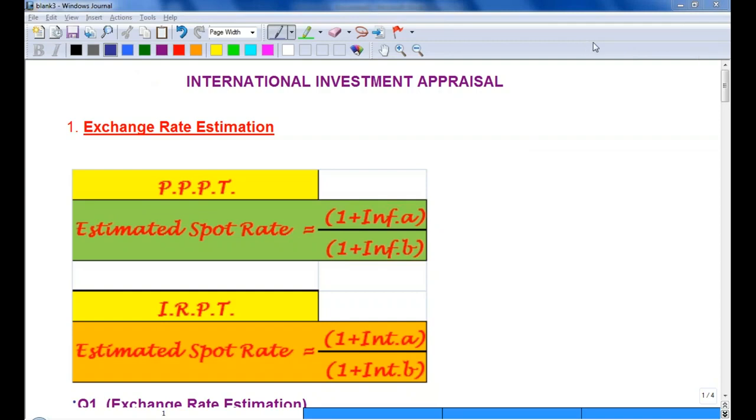Candidates, this is some basic aspect about international investment appraisal. Number one, the exchange rate estimations, and this is the first thing. By purchasing power parity theory, or number two, interest rate parity theory, if you wanted to estimate